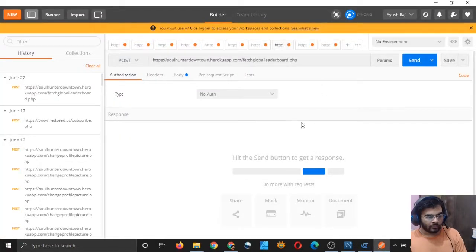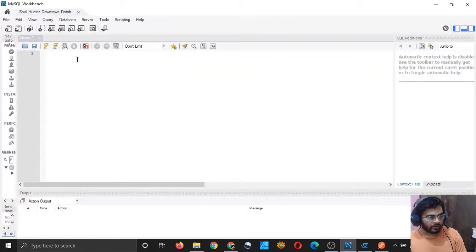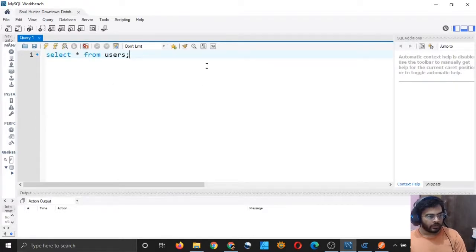So I have opened the database, and in this I will simply type the command select star from users, right? And this will give us all the rows in our table.